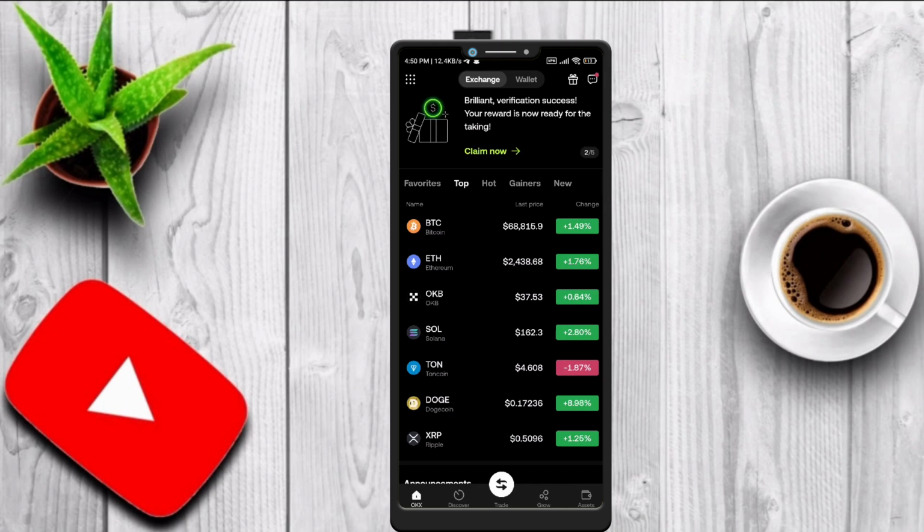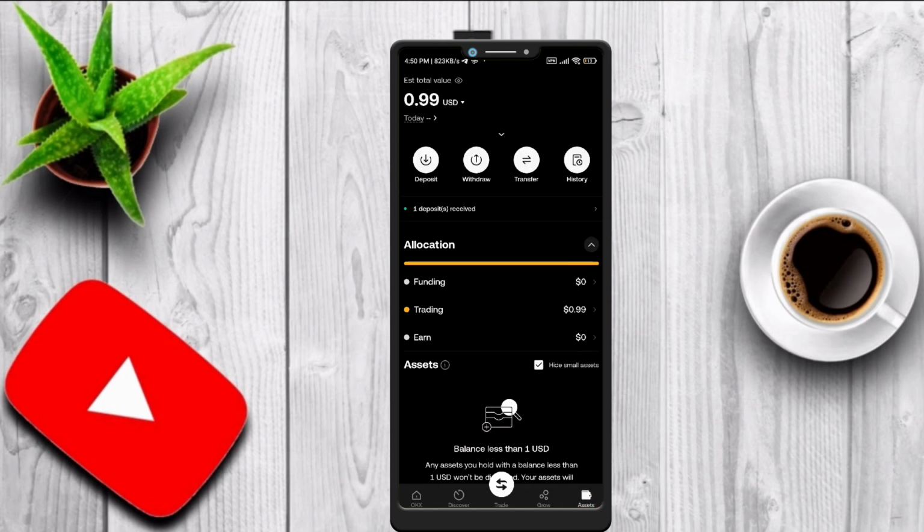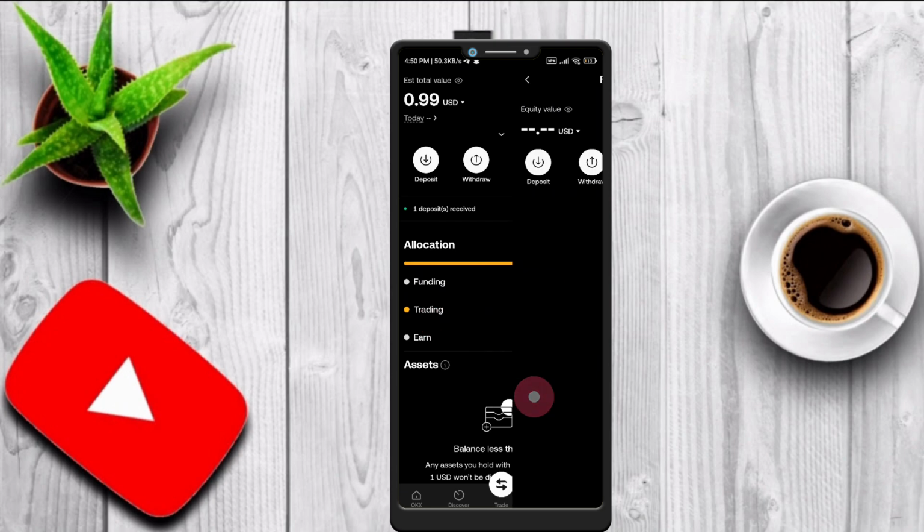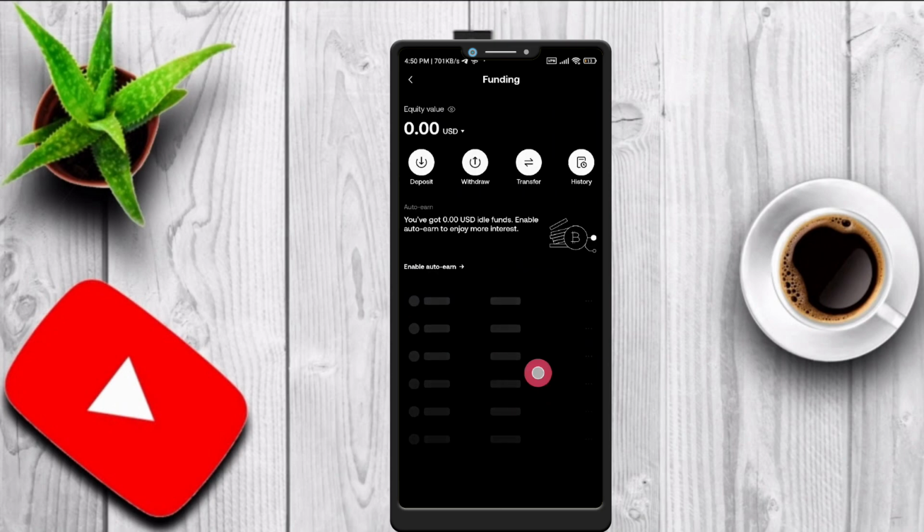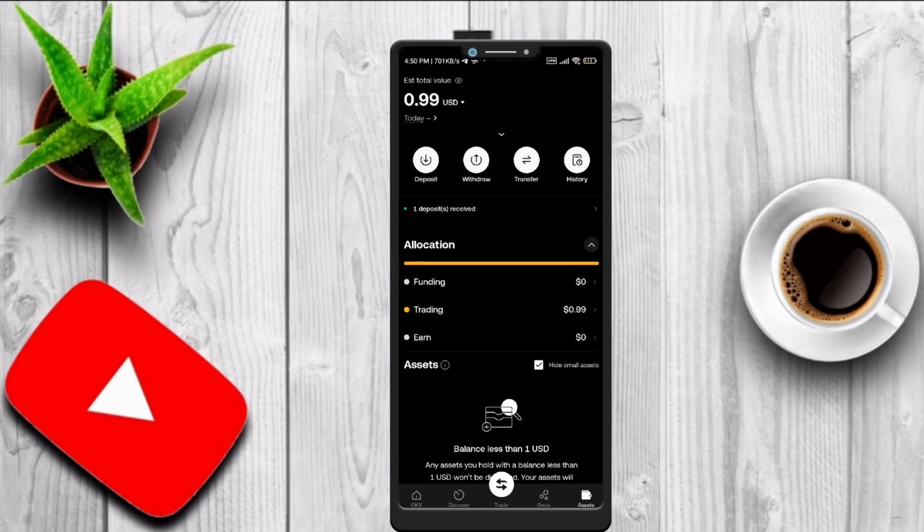Now to buy or sell any crypto on OKX, you need to have an asset. Head over to the asset, the bottom right, click on assets, and here you need to first deposit an asset. Now in case you have your asset in funding, you need to transfer it to trading. It's really quick and easy, and once you have transferred it, we can head over to the trade section, and